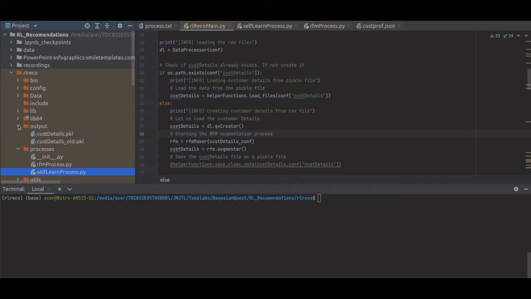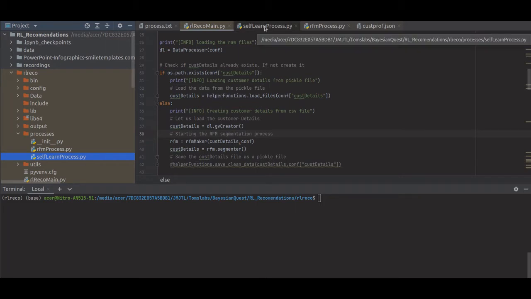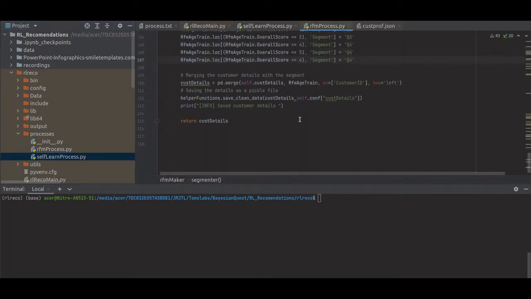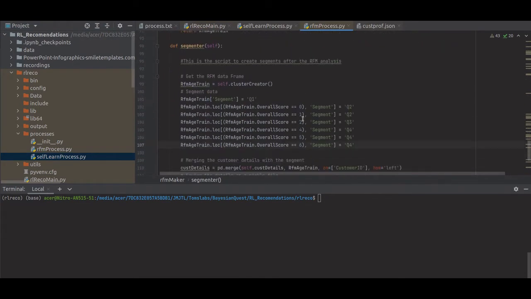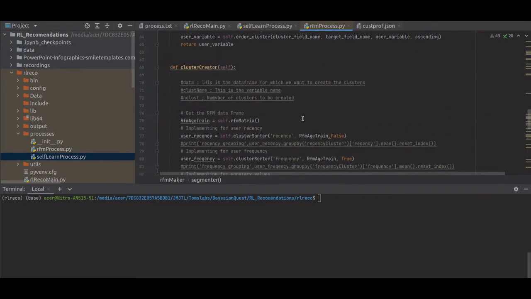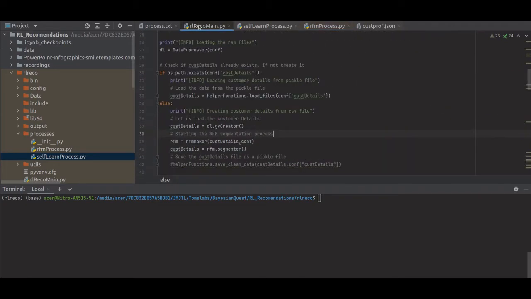But if you're doing it for the first time, you will not have the pickle file. So this will run. The first step is the GV creator, which drives all those other functions. You can refer to post 6 for details of this. The data processor is where you will have all those things.